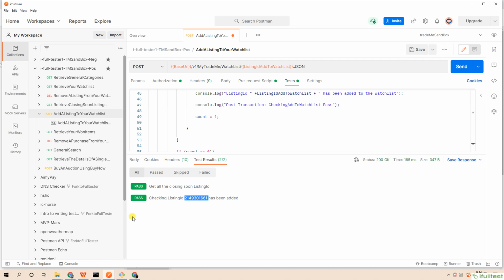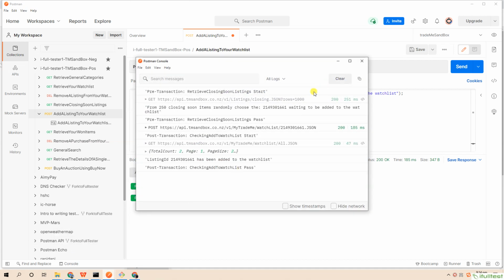Get the whole testing process from the console log will be more detailed and easy to understand. First, we fetch 250 items from the response of the pre-request, retrieve closing soon listings, and randomly set one item, the listing ID, to the environmental variable and transfer it to our main request.